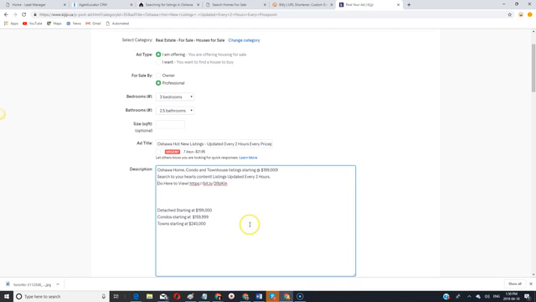So you're going to move this to the second line: go here to view, and then in brackets, please copy and paste into your